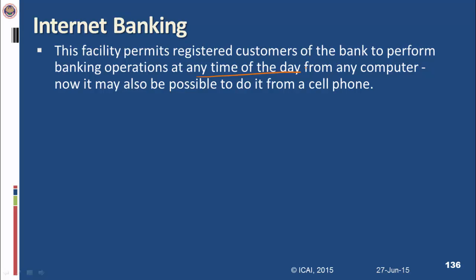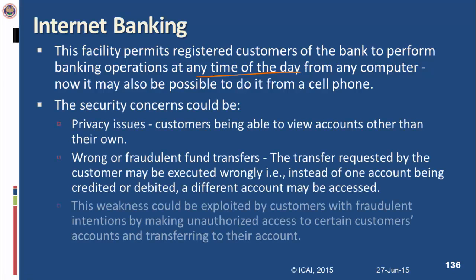So you can give some amount to your friend or relative through mobile, that too through WhatsApp or Twitter or Facebook also. So now banking is going on in a completely new technological environment. In that scenario, security concerns are there, privacy issues are there, and customers may be able to view accounts other than their own. It may be possible that if security is not properly created, the issue may come into the picture. Wrong or fraudulent fund transfer: every day we are finding these kinds of situations